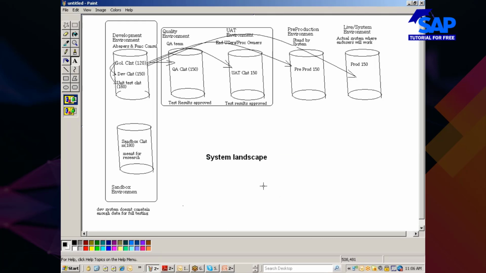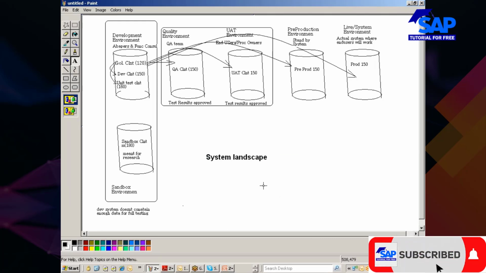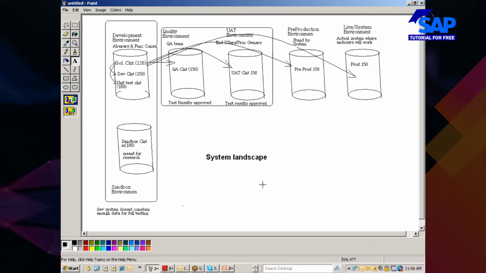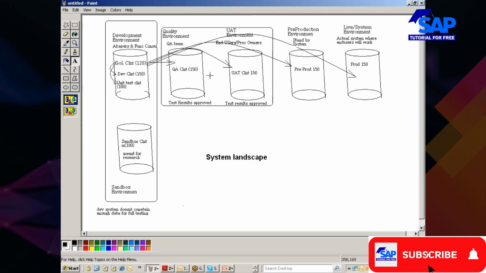They will decide based on the dollar value which the customer wants to spend. If they want to have different systems, no problem, that is the best option. If they don't want different systems, then these two, or rather three, systems will be clubbed together into one system, but of course with a different client.